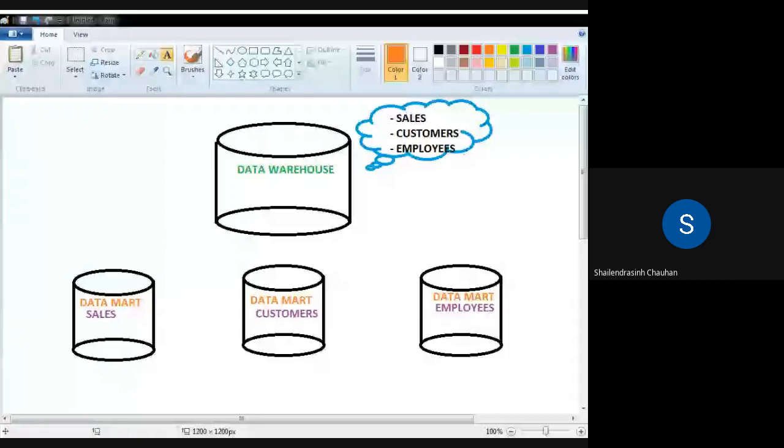You will find that data warehouse and data mart. Okay, now let us go back to that architecture again.